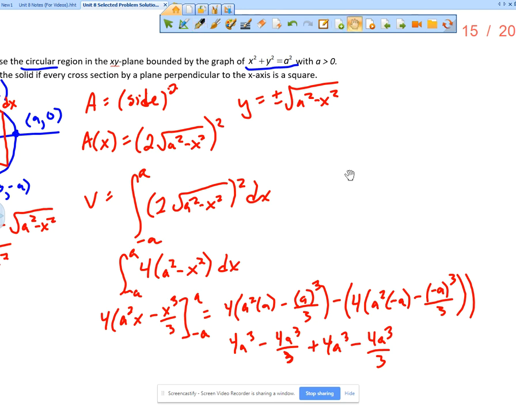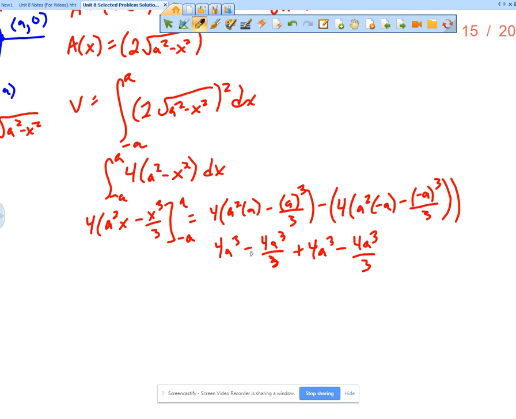Now to simplify a little bit, I've got a 4a cubed and a 4a cubed, so an 8a cubed minus 8a cubed over 3. So this would actually be 24, if I multiply by 3 over 3. So I get 24a cubed over 3 minus 8a cubed, so 16a cubed over